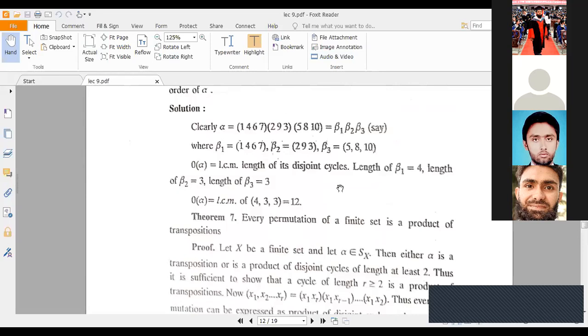Every permutation of a finite set is a product of transpositions. This follows from the same theorem: any permutation can be represented as a product of disjoint cycles. But what is a transposition? A transposition is again a cycle of length 2. It means every permutation